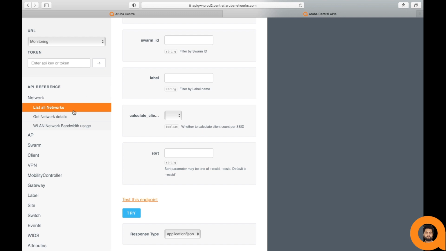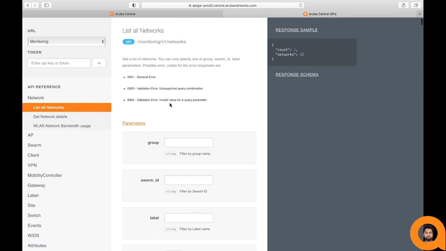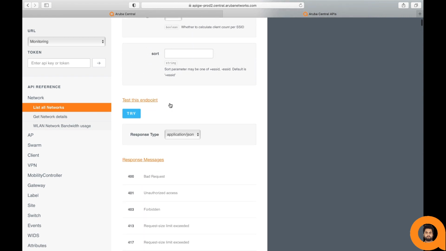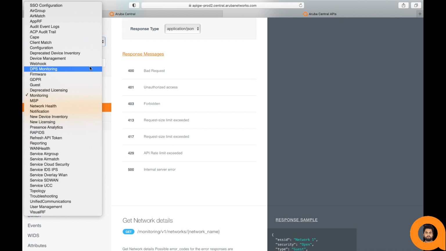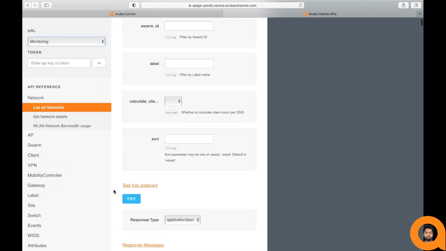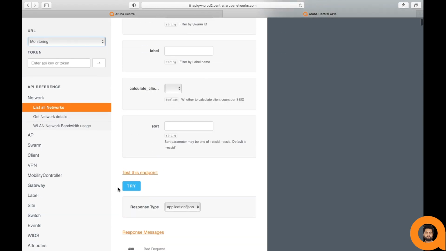You can find all the details related to endpoints, request parameters, response values, codes, etc. API endpoints are grouped into containers which can be accessed from this drop-down. All monitoring related APIs are present in the monitoring container. All configuration related API are present in the configuration container. User related API in the user management container, and so on. To access or test these API endpoints using the tryout option, one needs to have a valid access token generated